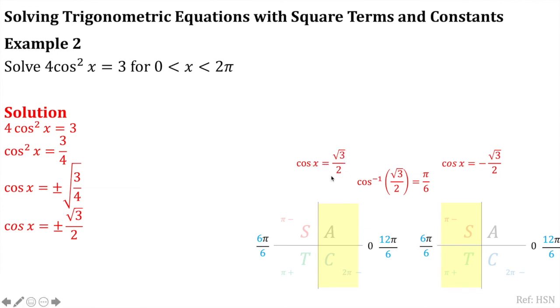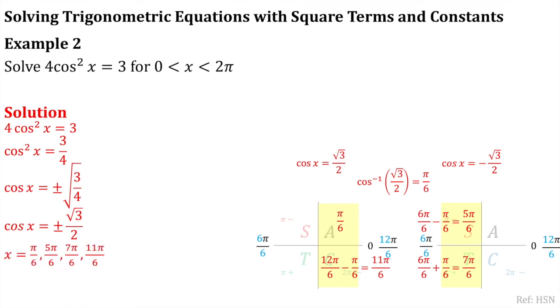So cos x was equal to a positive here, so that means the answers are occurring in the first and the fourth quadrants. So the answer for the first quadrant is pi over 6, and for the fourth quadrant, 11 pi over 6. Looking at the negative here, my answers are occurring in the second and third quadrants. So that's 5 pi over 6 and 7 pi over 6. Again, I need to write my answers out in numerical order. So my answers here are x equals pi over 6, 5 pi over 6, 7 pi over 6 and 11